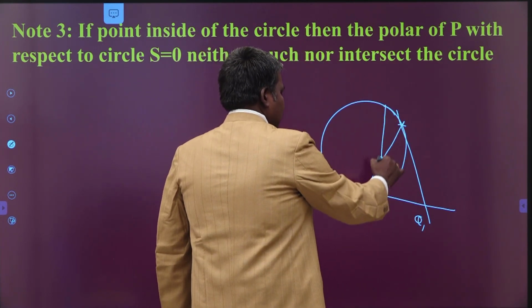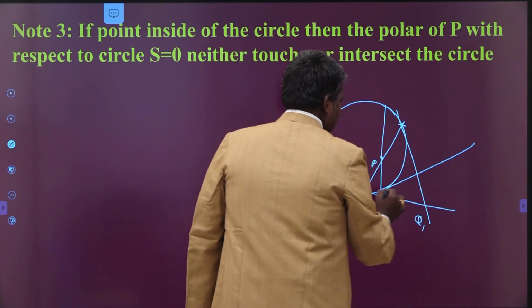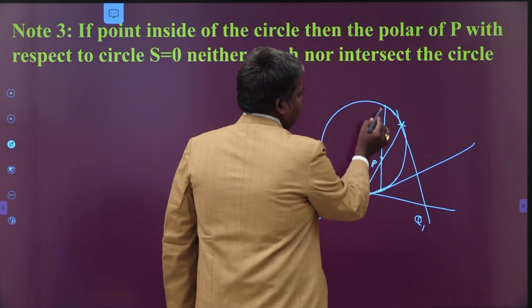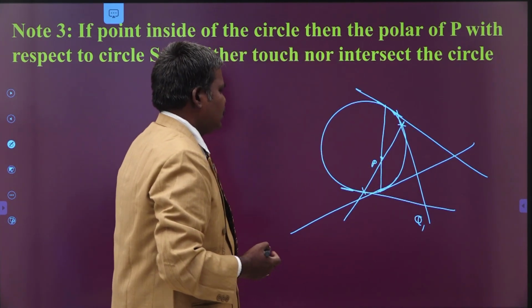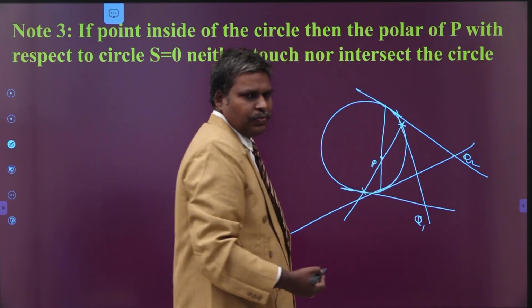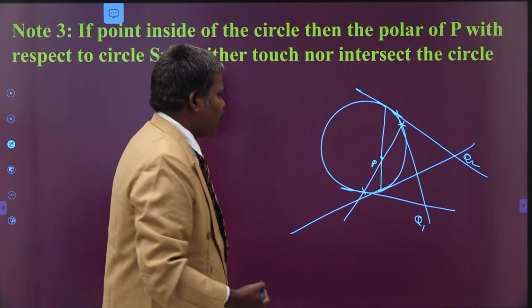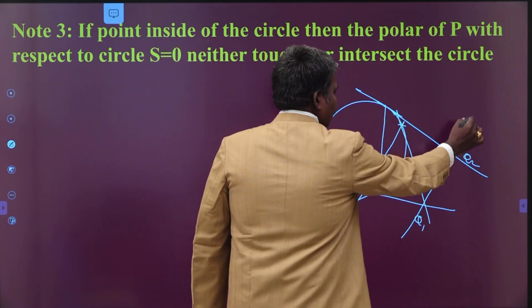This is another pair of points of intersection. You have to draw the tangents at these points. This is one of the tangents. This is another tangent. See here, this is another point of intersection, say Q2. So collect all such points of intersection. What you get? This is my locus.